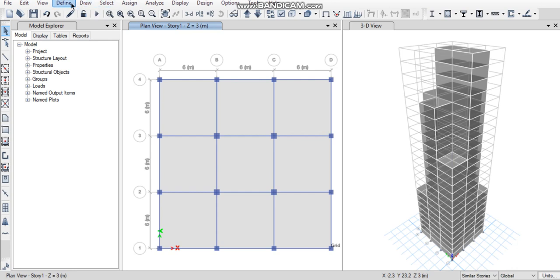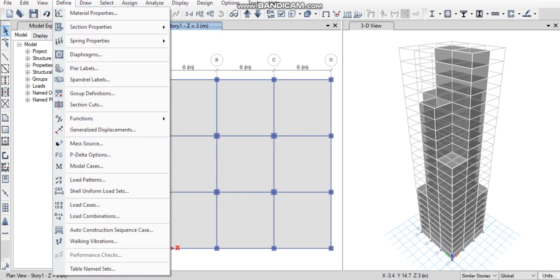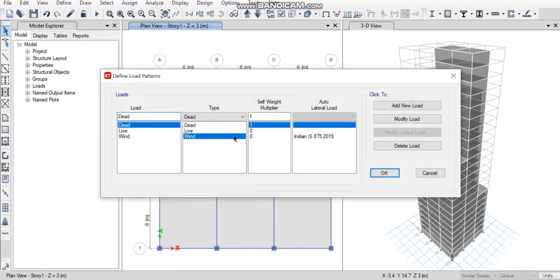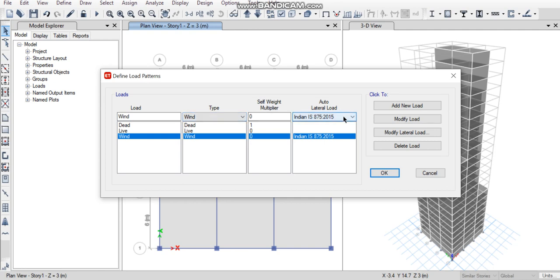And now we have to define load patterns as wind, of type wind from the Indian IS 875 book.